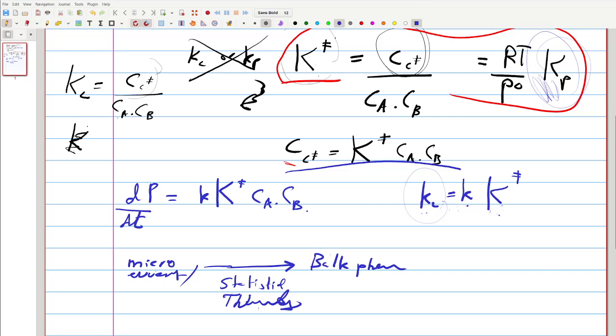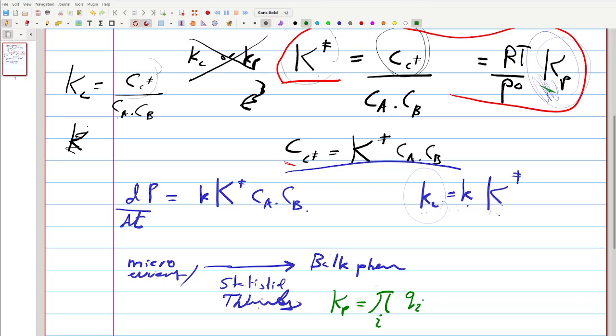Under statistical thermodynamics, you have a definition for Kp, right? So the Kp definition under statistical thermodynamics is this one: